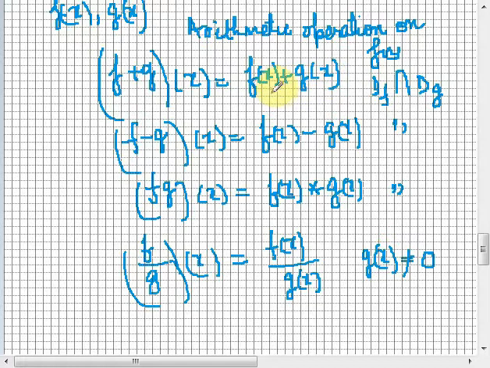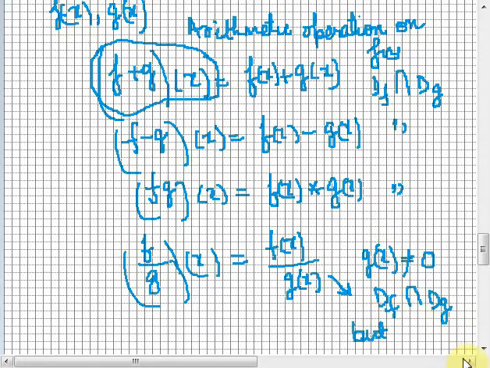What are the common points in the domain of f and g? Those are the domain of the addition of these two functions. I will give an example. Similarly, for multiplication also. However, for division the domain is domain of f intersection domain of g, but